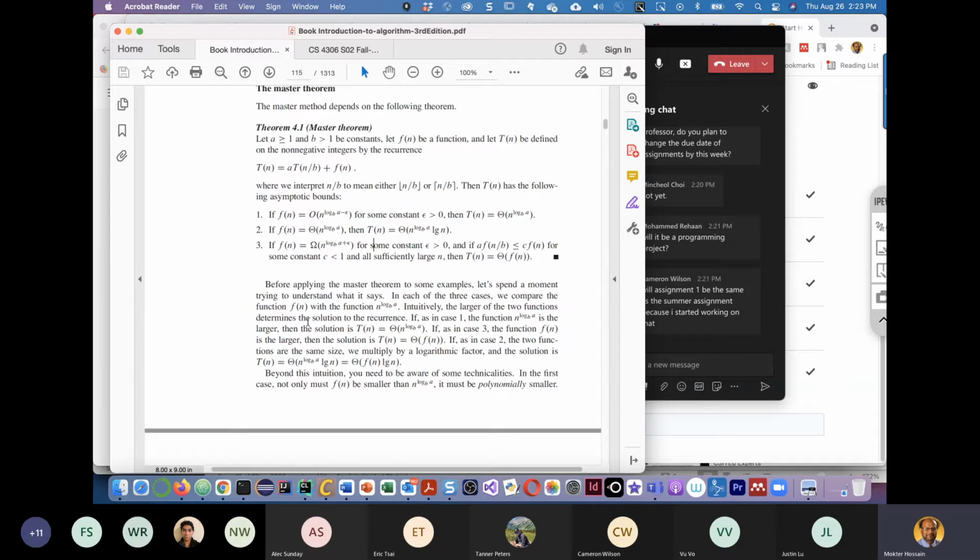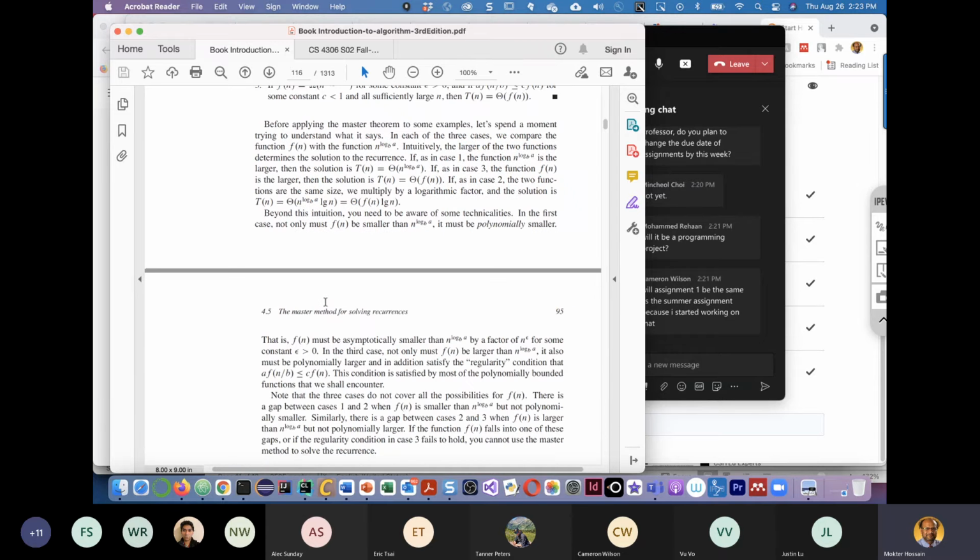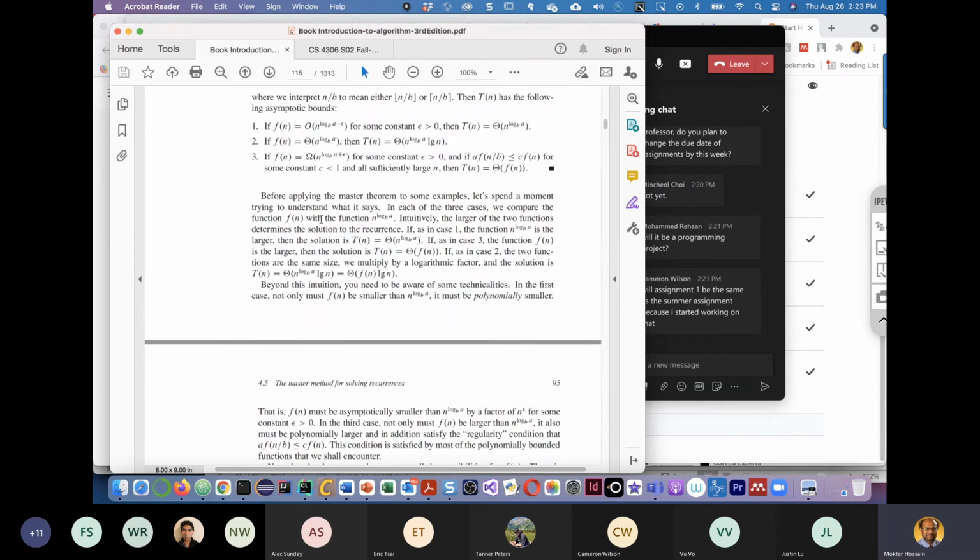So then we need to understand that. For instance, let us see what this says. So you need to read this carefully. Okay. So before applying the master theorem to some examples, let us spend some moment trying to understand what it